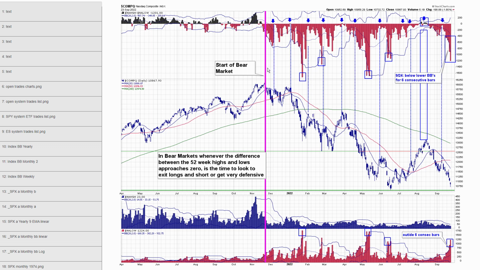Otherwise, what I said early in the year, back in January, and I talked about this even back in December of last year, I said that in a bear market, this highs minus lows would likely stay below zero. And every time it got near zero, it presented you with objective short opportunities. And look at that. I should have just done this all year. Every time the highs minus the lows got near zero was at every peak, every lower high this year. Take a look at that. Just perfect.